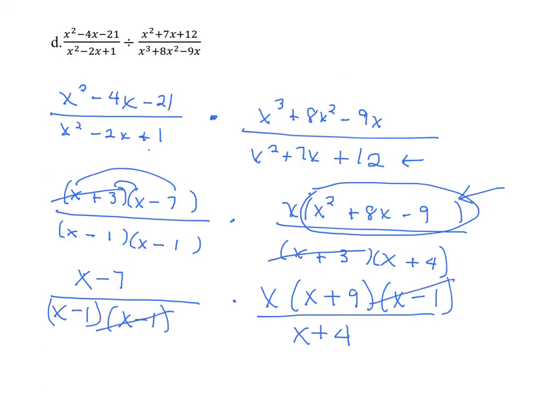So the final result, which we never multiply out again, will be x times x minus 7, x plus 9, divided by x minus 1 times x plus 4. Ta-da! And now you'll be ready